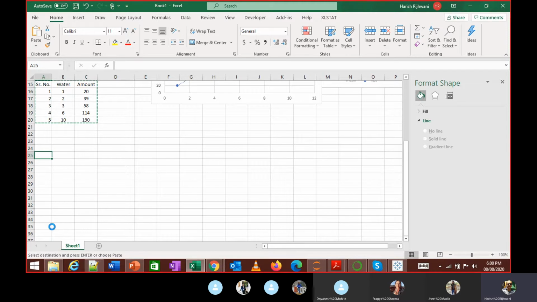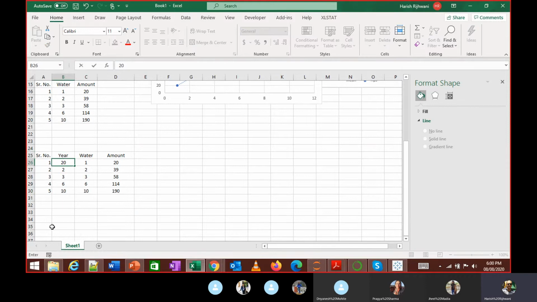So I am now using 3 variables. It is not possible if you are telling me that in a particular year the price of water was, if I look at it, it's 20 now, but it was not 20 a long time ago.